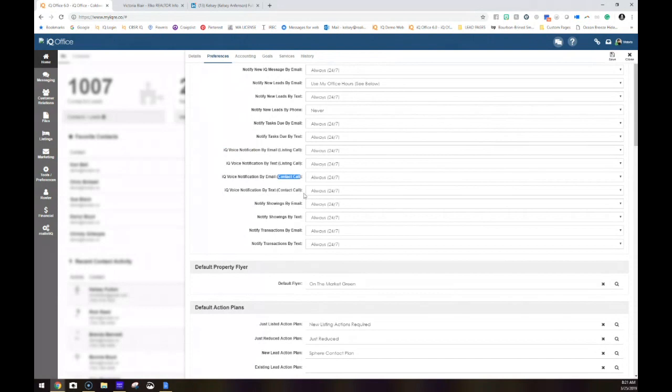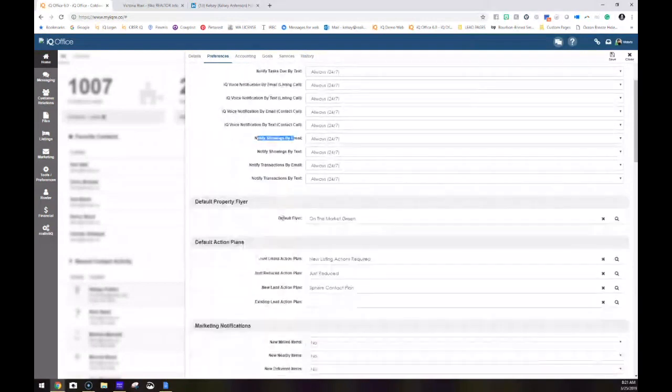So the next section underneath that are showings. So if you're using the system for showings, how do you want to be notified? And if you're using the system for transactions, how do you want to be notified? Below that, you have a section called default flyer. So now every time you take a new listing, you actually have the option